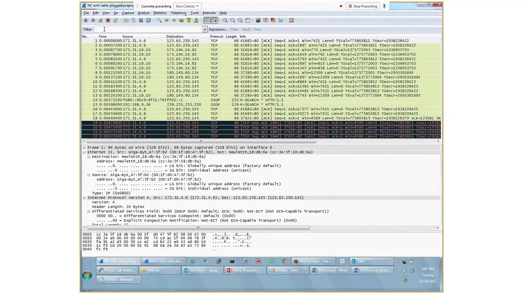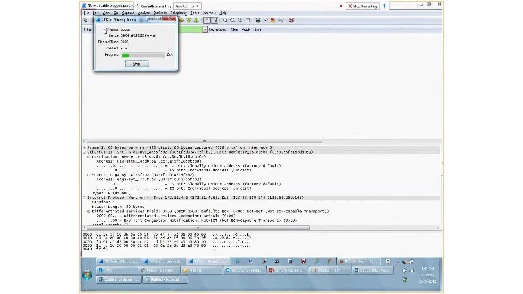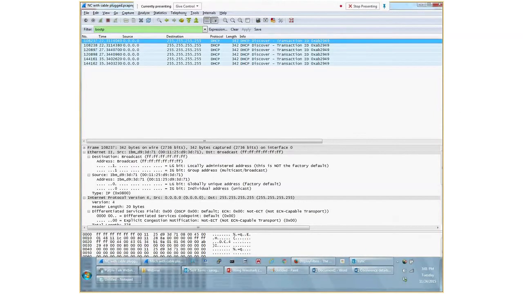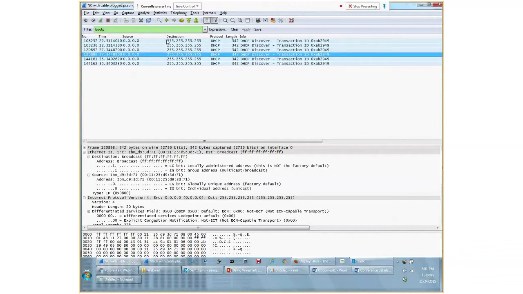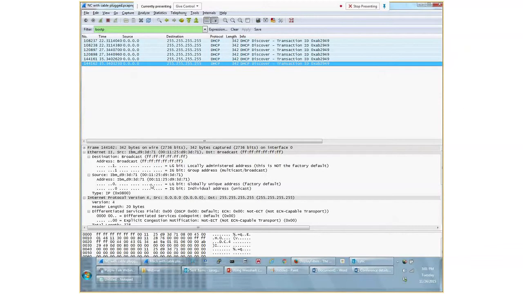So based on protocol, for DHCP we would say bootp. It's the protocol that is used by DHCP. You press enter, and it's filtered only the information about the DHCP protocol. So you can take out each one and check what information you are looking for. That's the power of the filters.